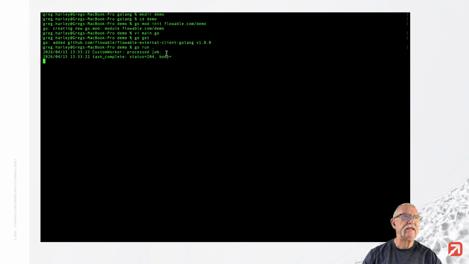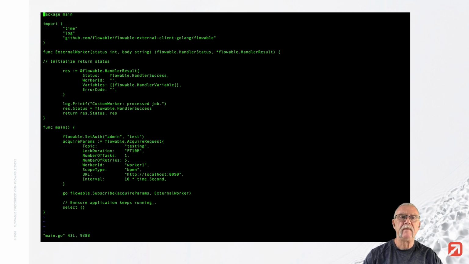Okay, that's fine for a rudimentary example, but let's go with something a little more complex. Let's go and edit the application again. And here we're going to retrieve an input variable so that we can access that variable from within the external library and use it as an input to whatever the code is that we're going to be